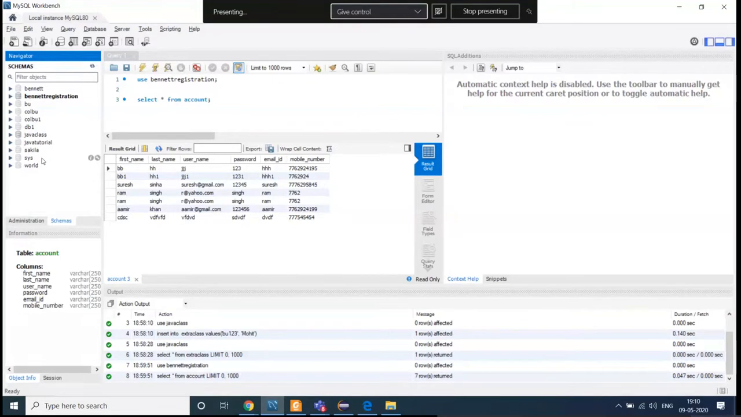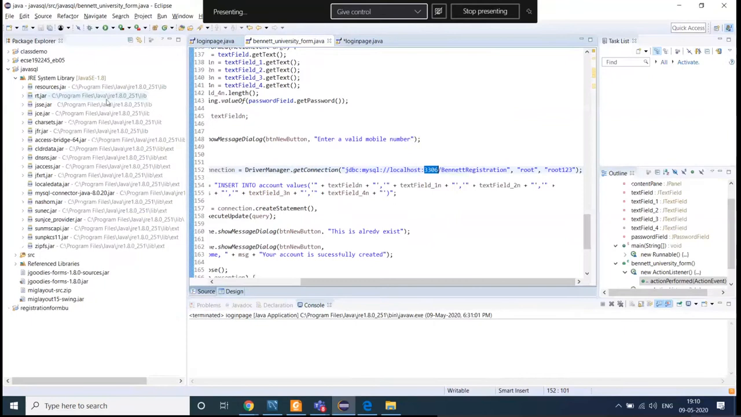in my local host machine. So which database do I want to access? My Bennett registration database. So I have just written Bennett registration database. Now I can access my Bennett registration database, but for that I just need authentication, authorization. Because